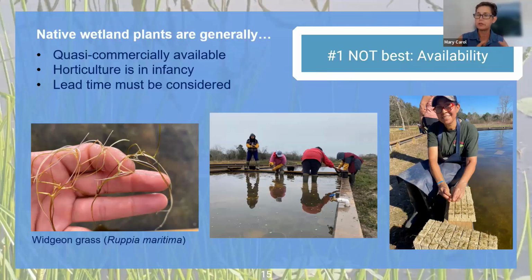It's more ideal to take a big clump and throw it in the water and let it propagate itself. In the middle photo, you see the staff working with trying to divide it, encourage it, and manage it in 1 gallon pots. And then on the right, you see our experiments with growing it in rock wool plugs, which was more successful. So the horticulture, as I mentioned, is still being developed for a lot of these species, which have not been commercially available or just beginning to be commercially available.